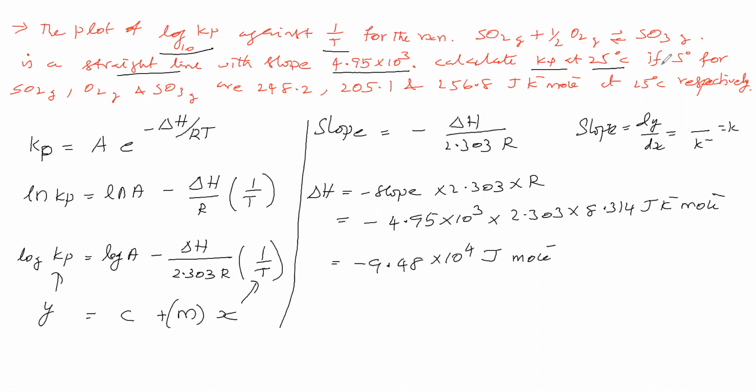Now what is given? The standard entropies of SO2, O2 and SO3 are given. From the standard entropies, we can find delta S naught, the standard entropy of the reaction. So we know delta S naught, and delta H naught we have found. We know temperature. From this, what we can find is delta